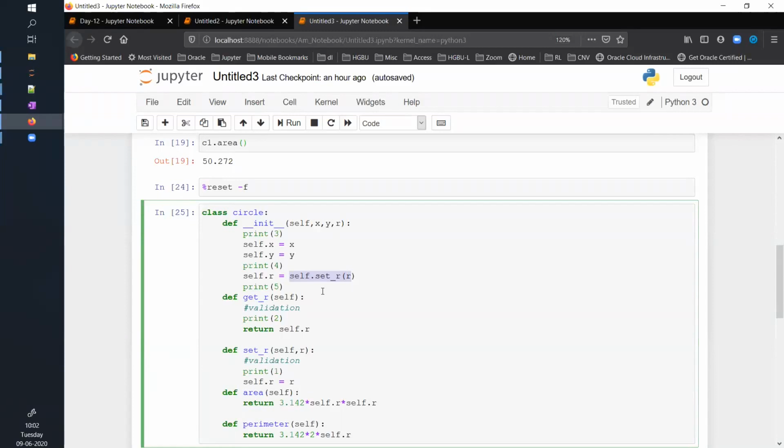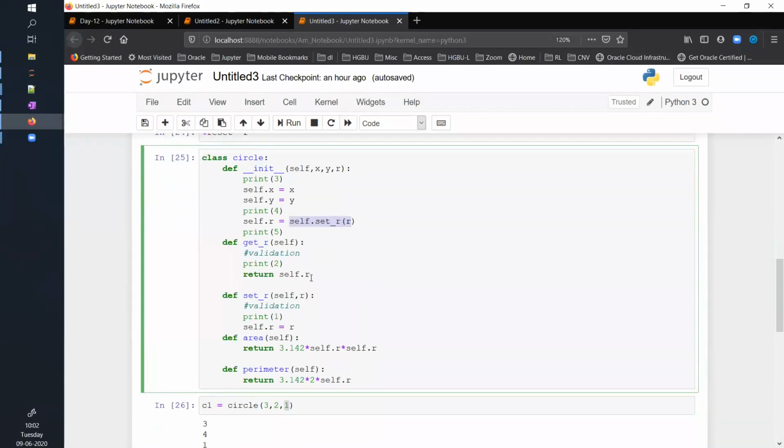Yes, sir. Why do we have to write the self.r again in the init? Where? In the init method, self.r, why do we have to write it again? You may not want to write it. You can directly have this. You can just remove this, but we will need to tweak this a little bit. But that is a valid point. Okay, I made a mistake there.